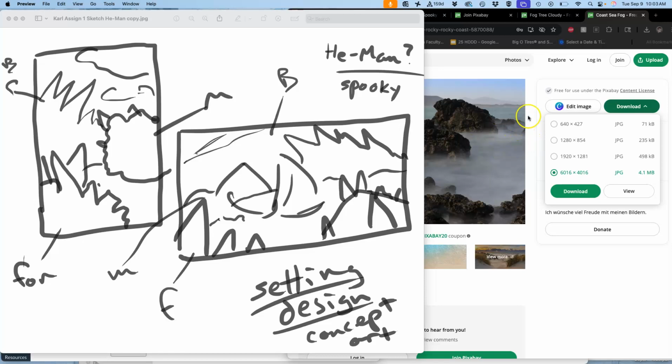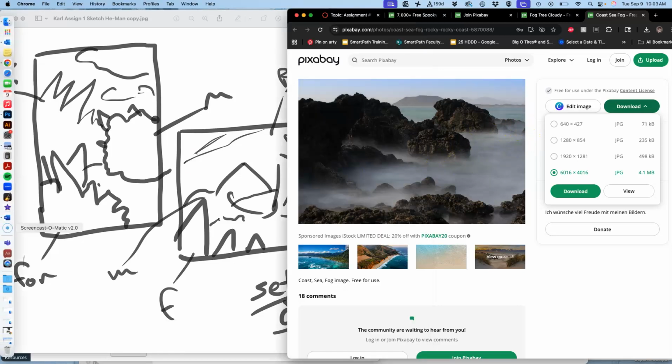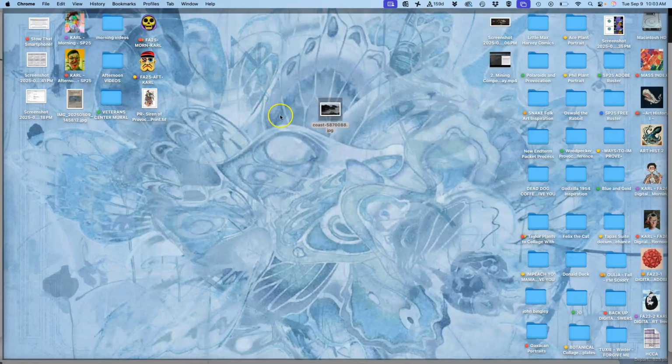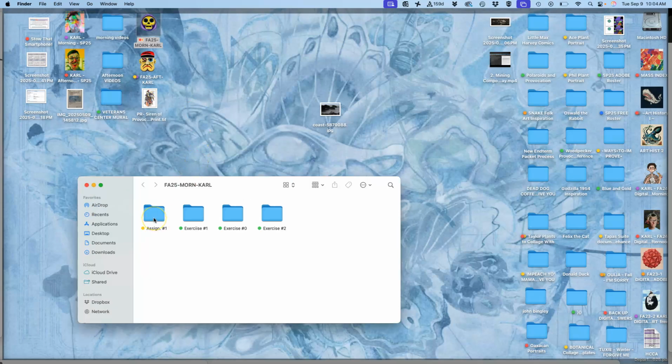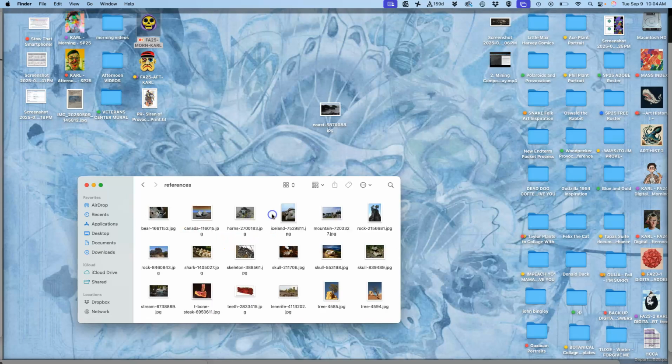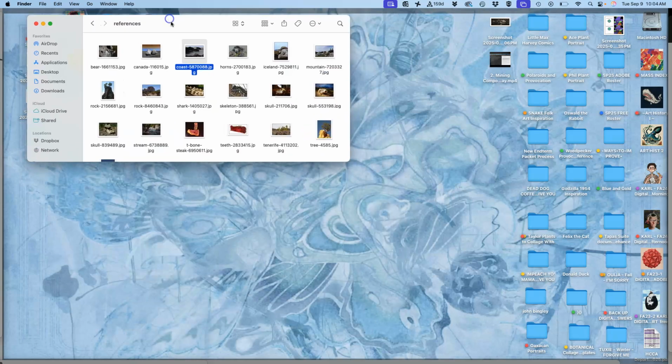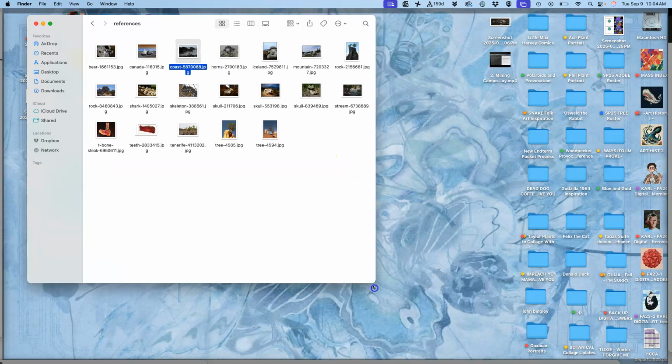All right, so I've downloaded this kind of rocky mist, and I moved it from my downloads onto my desktop. And I'm going to go ahead and open up my assignment 1 folder here, and my reference folder. So these references, they're pretty tiny. This mist now gets added to them. How can I make it so I can see them a little bit better in order to sketch